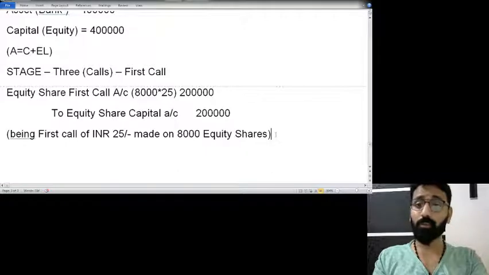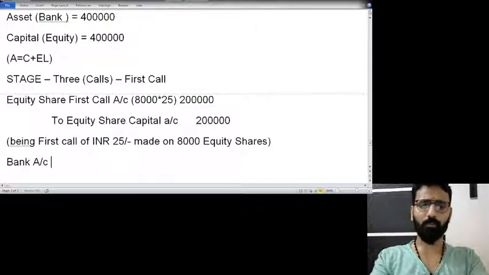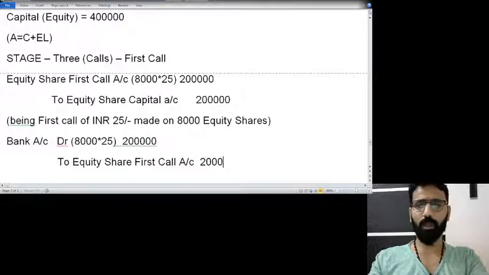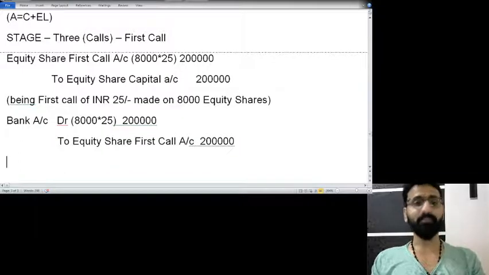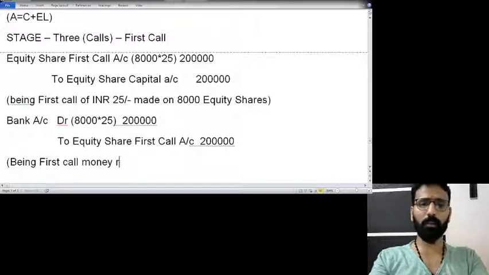Now it is due, and what shall I write next? Receipt. Assume everybody paid. So receipt, bank account debit 8,000 into 25, that is 2 lakhs, to equity share first call account, 2 lakhs. Again what happened? Your first call got cancelled and it is bank to capital. And narration being first call money received on